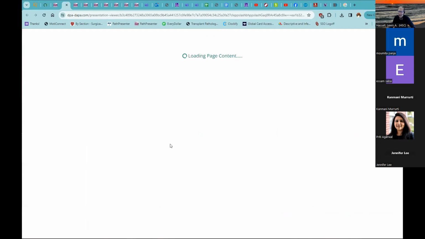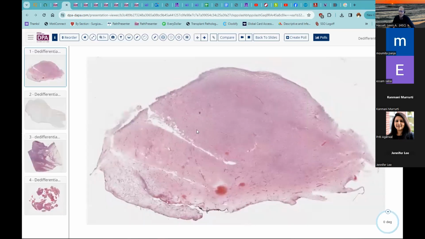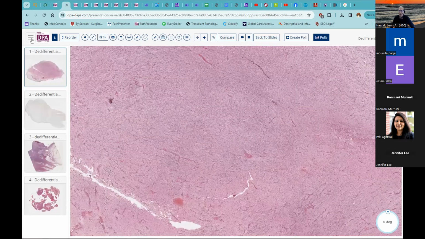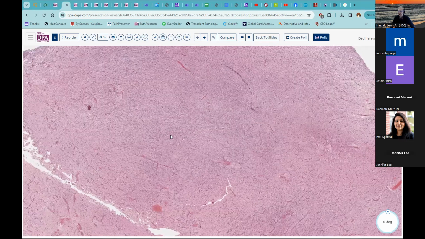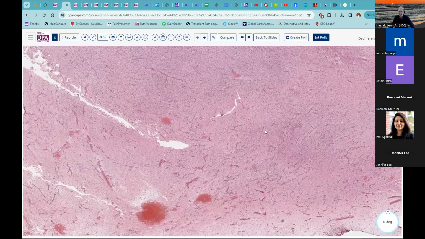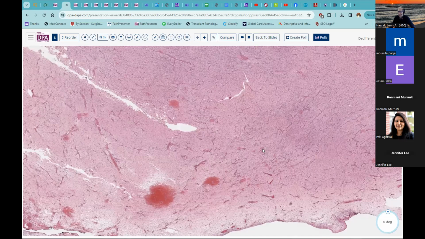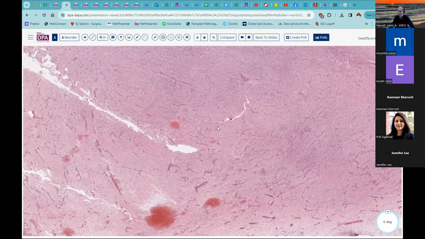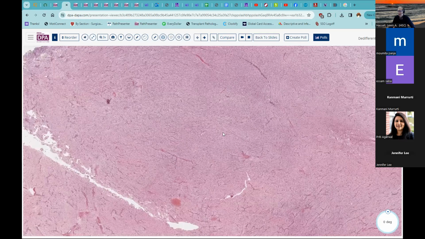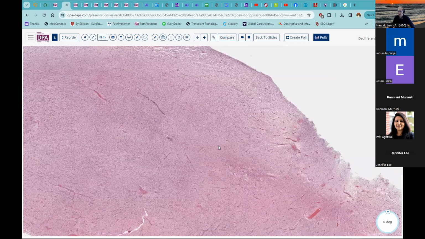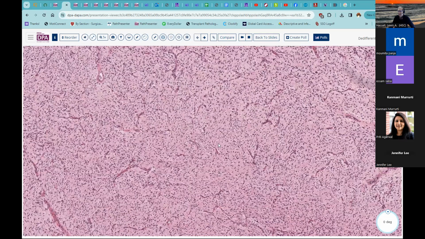So dedifferentiated liposarcoma, as you are all aware, is a malignant neoplasm that is highly related to the presence, usually a precursor lesion, of well-differentiated liposarcoma. Well-differentiated liposarcoma is defined by atypical pleomorphic cells within the fibrous septi of an otherwise mature-appearing fatty tumor. And then these are known to, over time, have the potential to devolve into a more solid and more aggressive